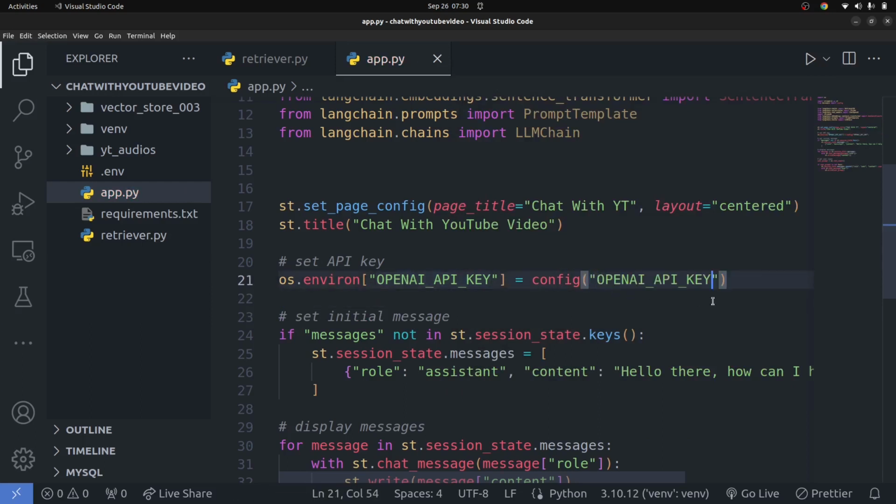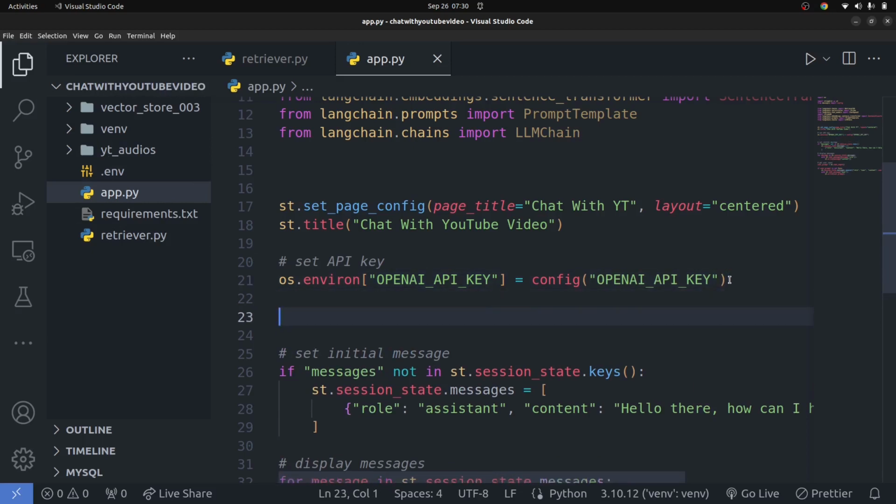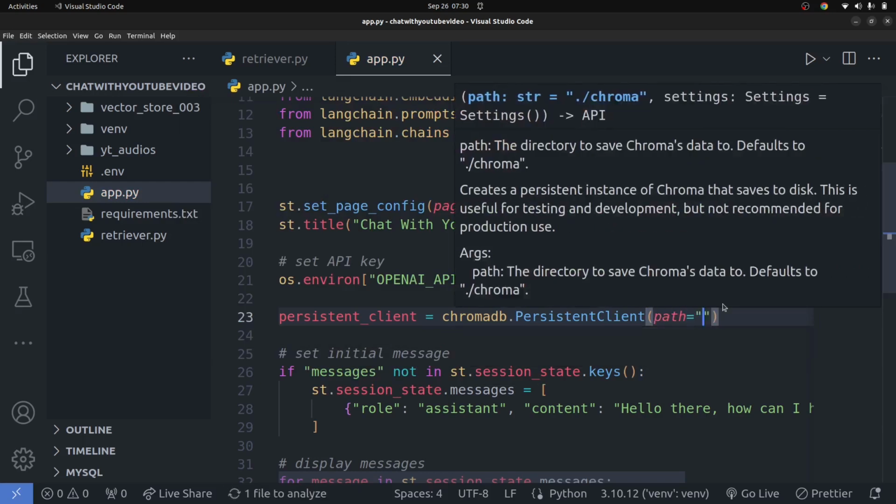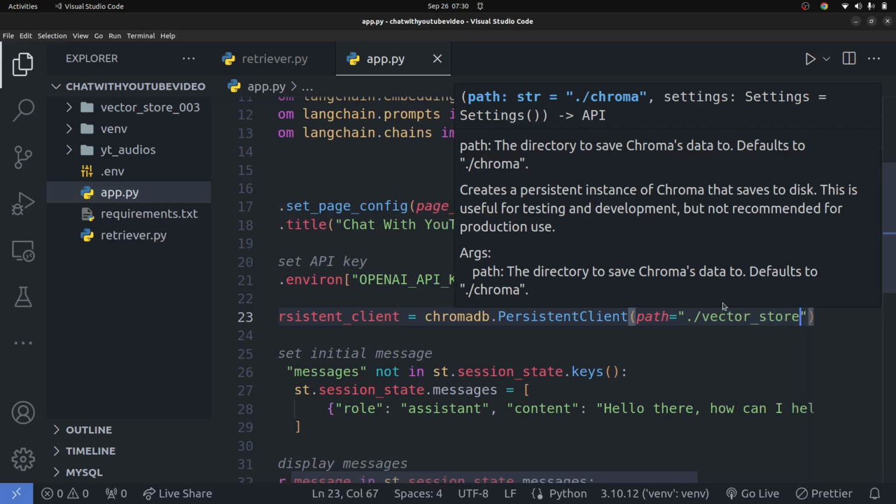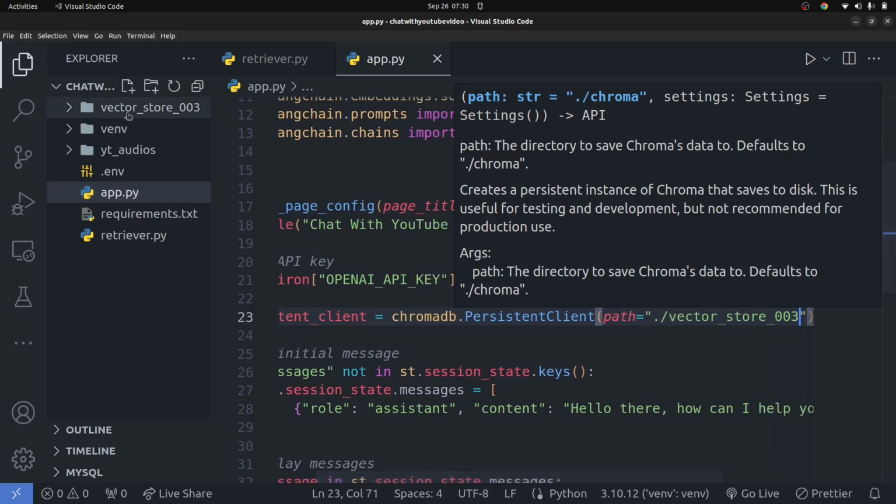Again, this is going to be equals what you use instead of your env file. Okay, so once we have that done, we're going to simply say persistent_client is going to be equals to chromadb.PersistentClient, and you're going to specify the path. The path is going to be ./vector_store_003, and this is the folder that